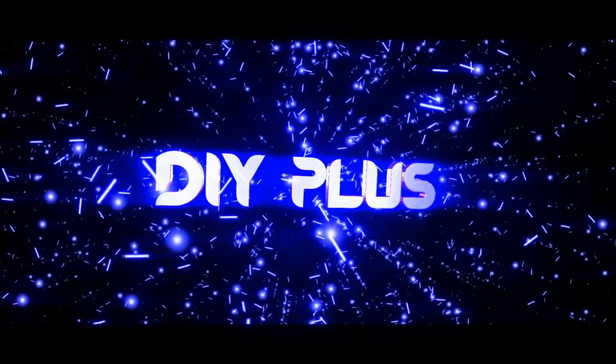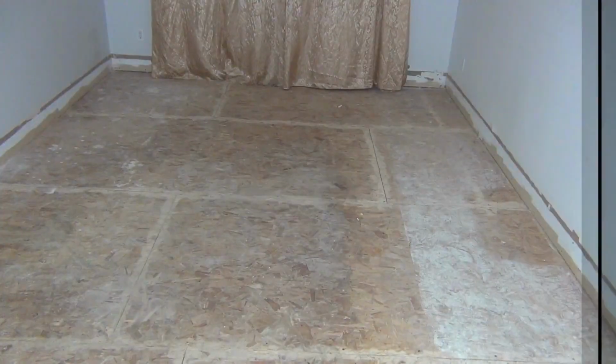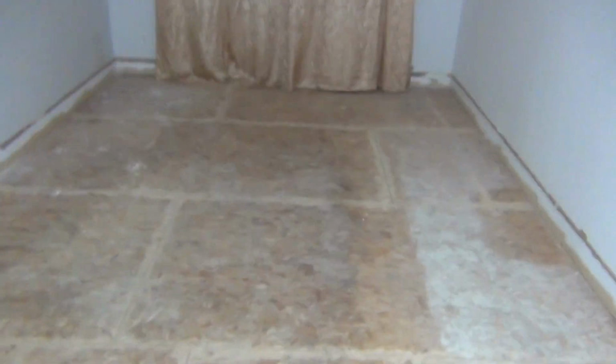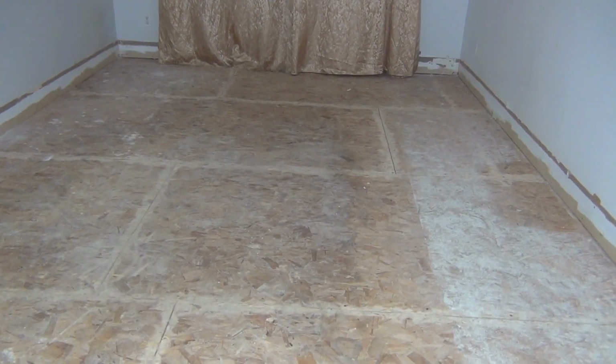Let's show you how I did it. So after removing the hardwood, it's important to clean the area to remove all the staples and then make sure that your floor